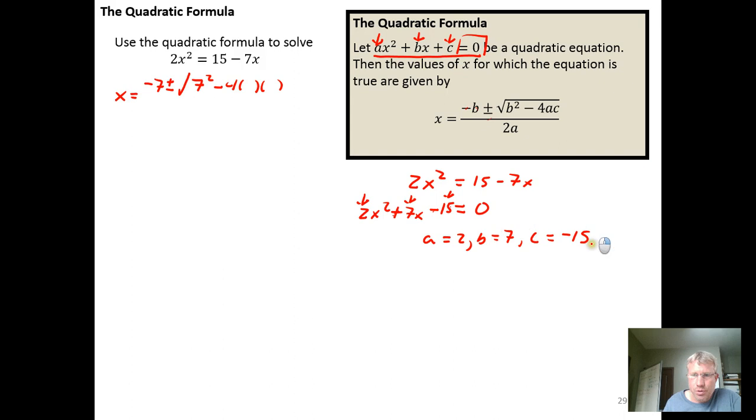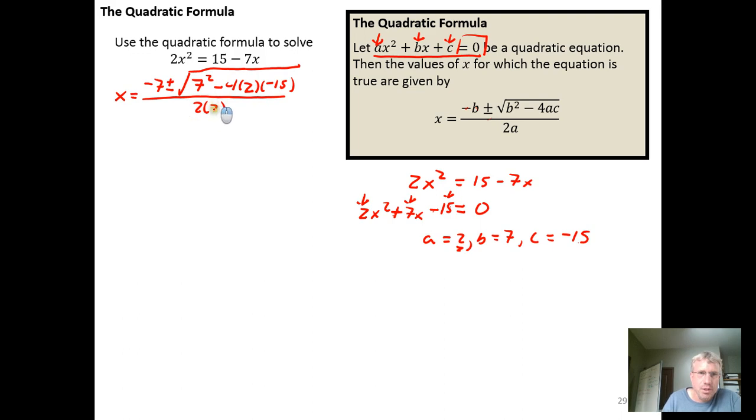But a is 2 and c is negative 15. And then we'll pull that radical all the way over all of the numbers. If you pull it part way over in a homework or on an exam, this gets marked down. So the radical comes all the way over, and we get 2 times a in the denominator,